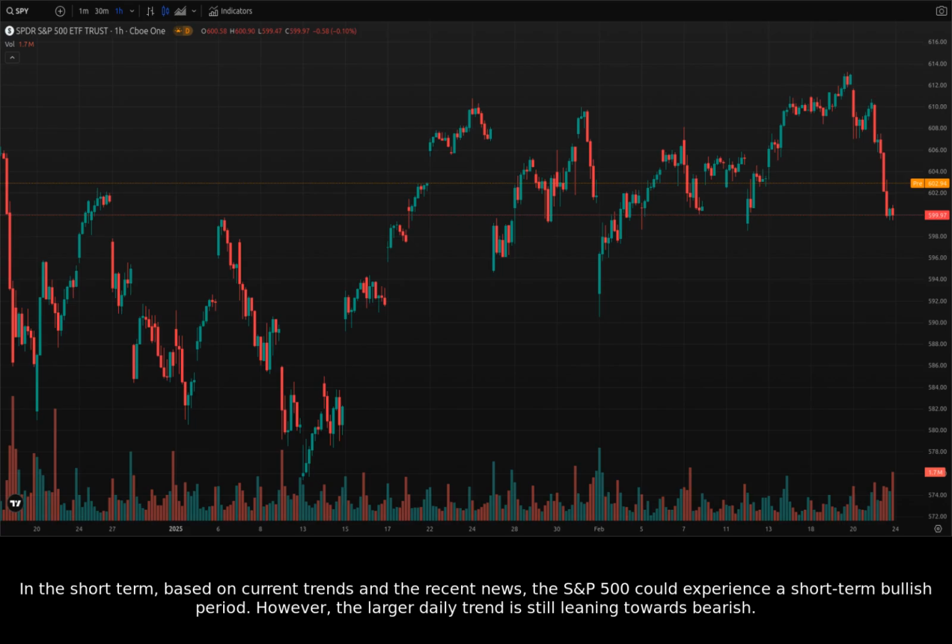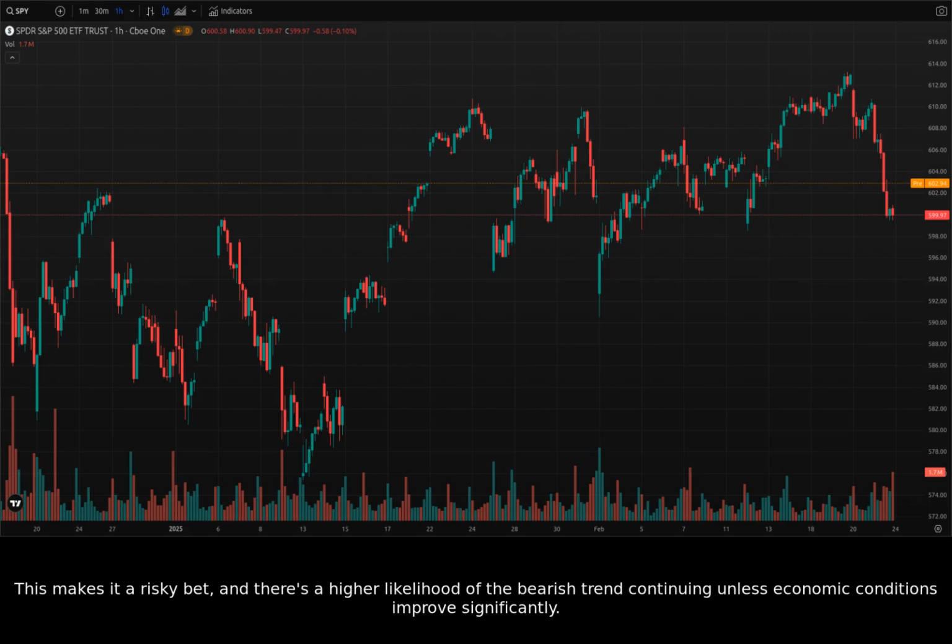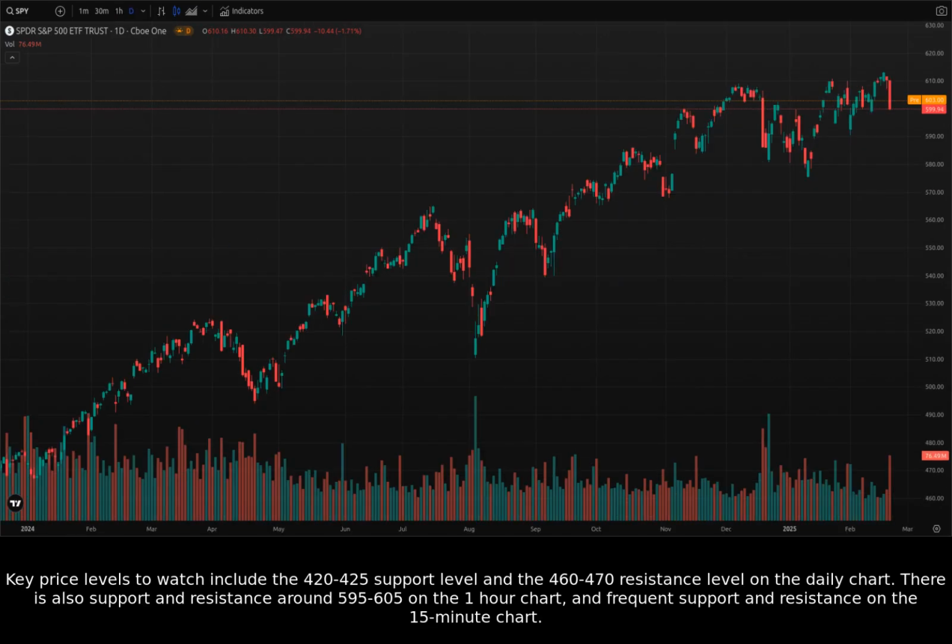In the short term, based on current trends and the recent news, the S&P 500 could experience a short-term bullish period. However, the larger daily trend is still leaning towards bearish. This makes it a risky bet, and there's a higher likelihood of the bearish trend continuing unless economic conditions improve significantly. Key price levels to watch include the 420 to 425 support level and the 460 to 470 resistance level